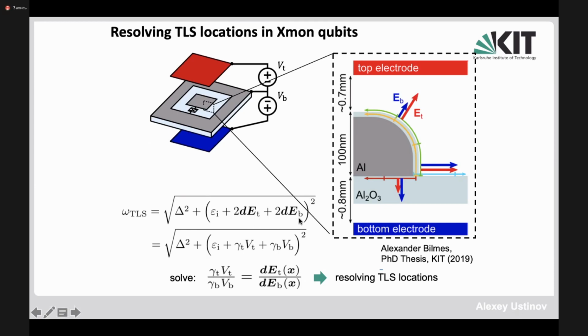This is the top field, this is the bottom field. They both contribute to the electric field on the surface. And then from the map of the ratio of the two fields, one can resolve the allocations of TLS. This was done rather recently by Alex Bilmes, who did a PhD in my group, and then he shipped it to Google